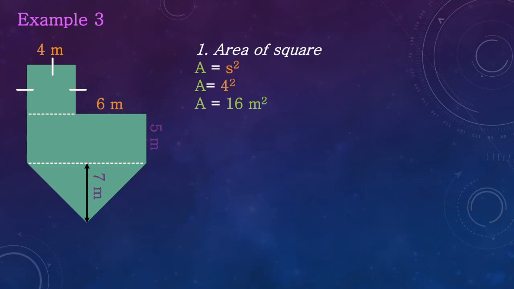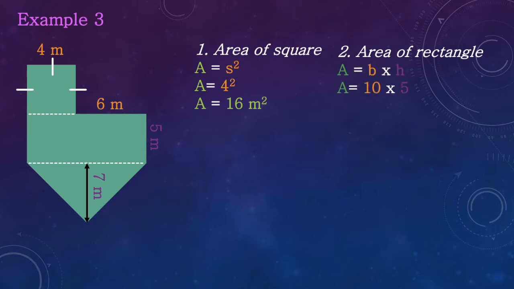Let's move on to our rectangle. So here you might notice, well, I know my height. My height is 5 meters. That's clearly identified. But what about my length, or what about my base? I don't actually have that. Well, if you look closely, you can see that this 6 plus this 4, right? Because this is the same size. This is the same length. Well, if we add those two, that's going to give me the base of my rectangle, and we get 10, of course. So start with your equation and then plug in your numbers, and you get an answer of 50